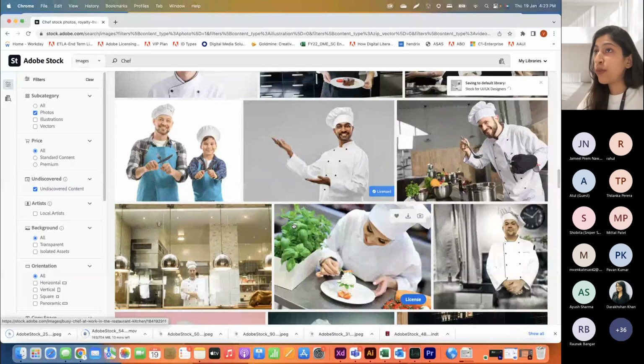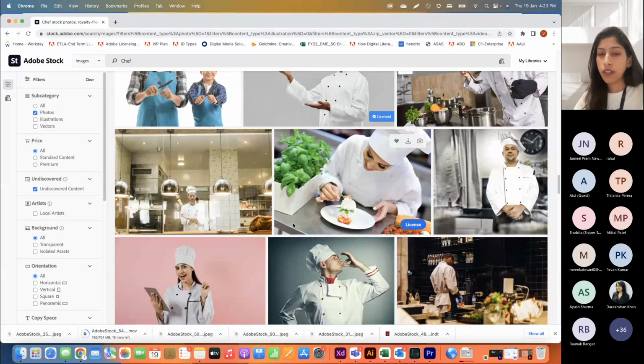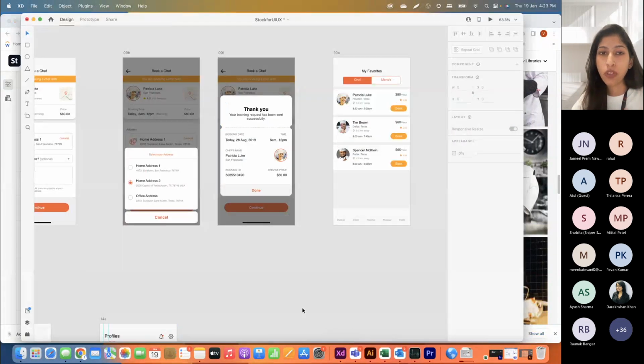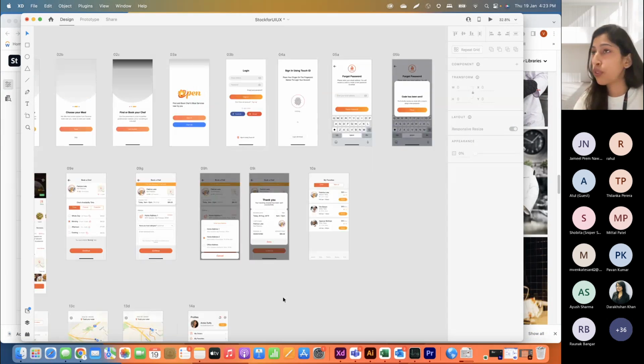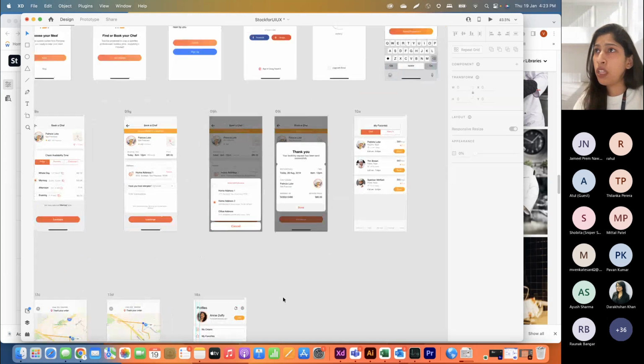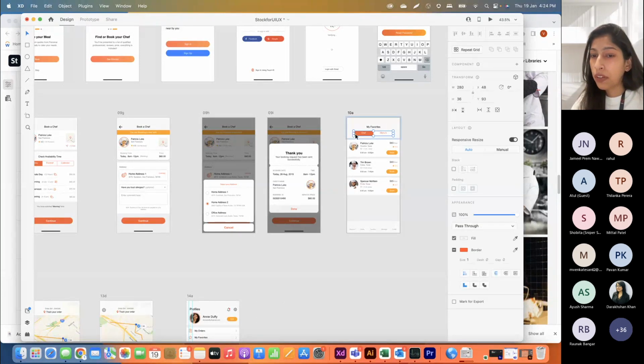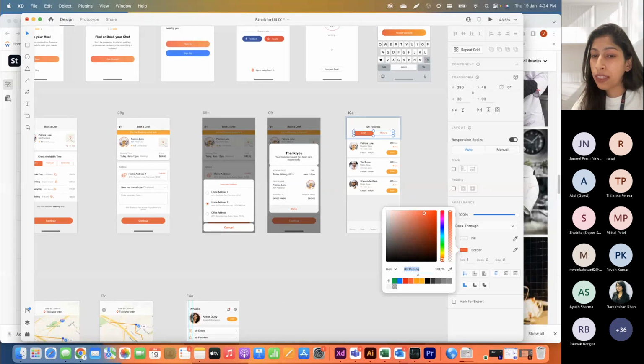The next thing that we needed was icons. Now you'd be like, Vidushi, I've got a certain pattern to my applications. Like you can see there's an orange theme that has come up for my application, and I would need icons which are orange. How will Stock help me find that? You don't have to worry about that. I just pick this color, and the minute I do, I get the